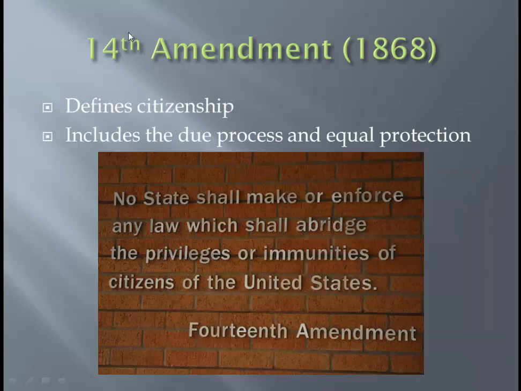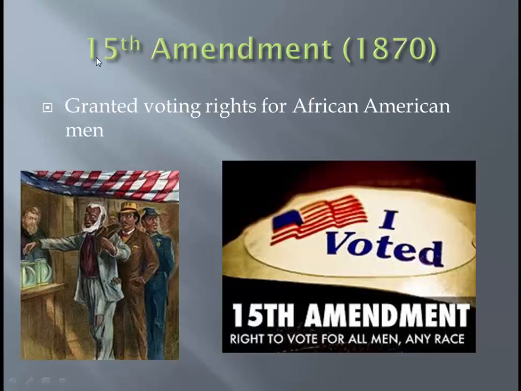14th Amendment. Well, it kind of happened right after the 13th Amendment. If these people aren't slaves, and there was, by the way, about 4 million of them in the country at this time, what are they? So the 14th Amendment said, okay, slavery is illegal. So in 1868, we said those people are now what? They are citizens. And we're going to treat citizens equally in this country. So those citizens, those former slaves, get two things. They get due process, and they also get equal protection under the laws.